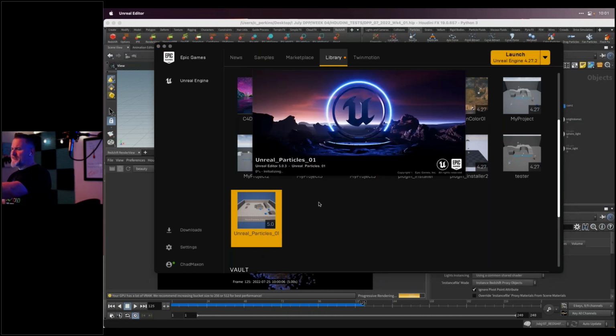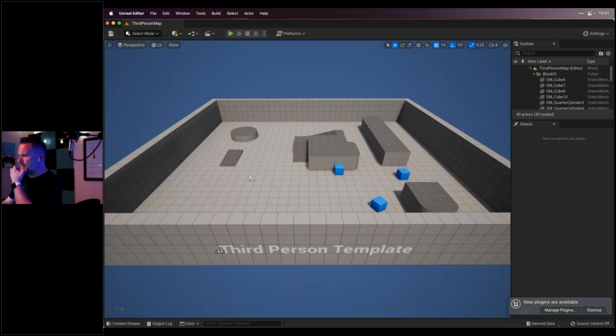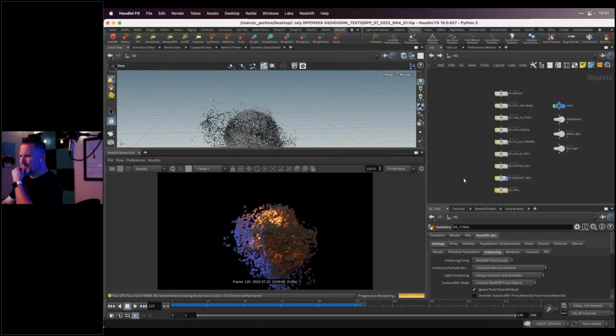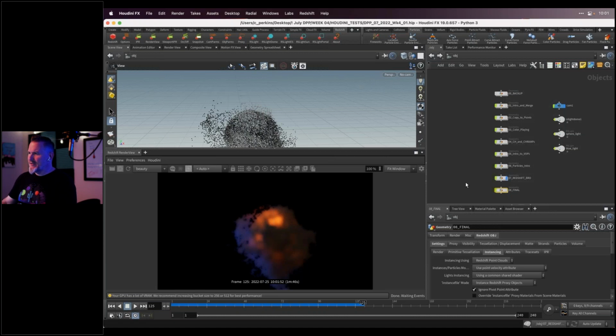Are there any questions about Houdini Redshift while we're waiting for Unreal to launch? There is a question that interests me a lot, also from Mariume. I'm sorry if I don't say your name correctly. So how do you designate the axis for velocity when your particles are emitted? What is the axis for them? If I'm not mistaken, the axis is built in, like the velocity is a direction, right? Velocity is a force, yes, and a direction.